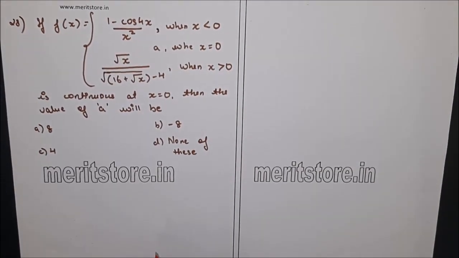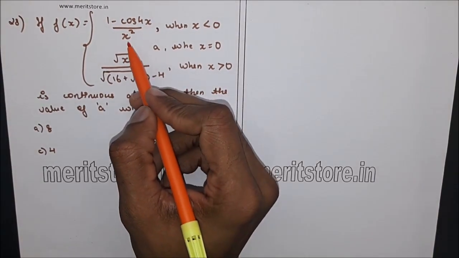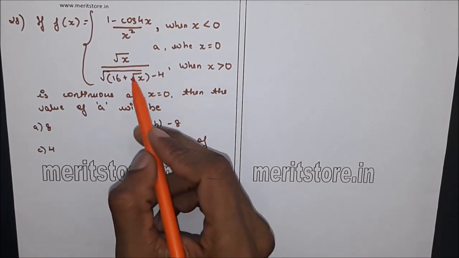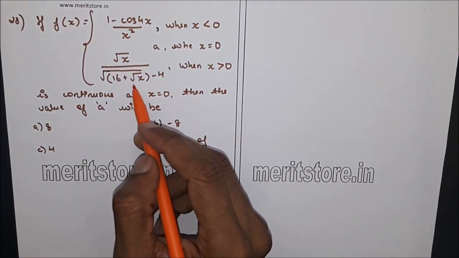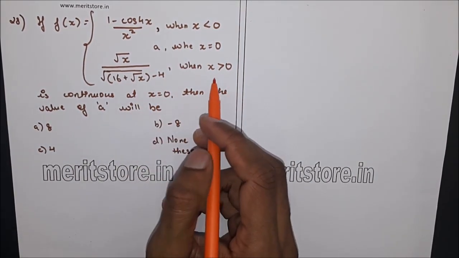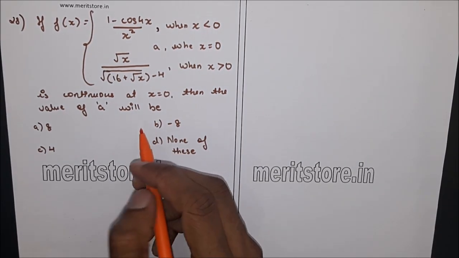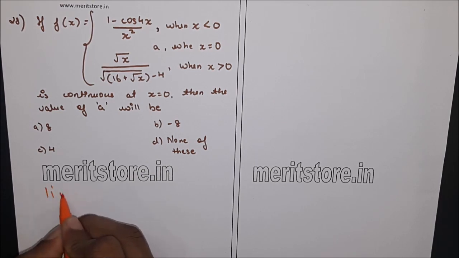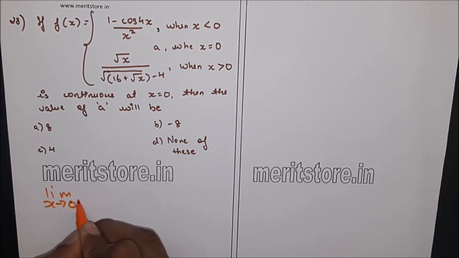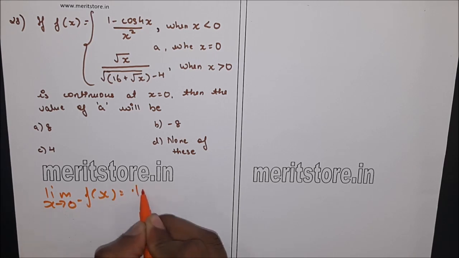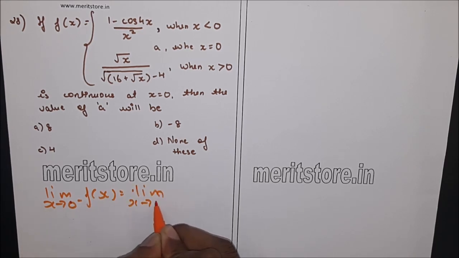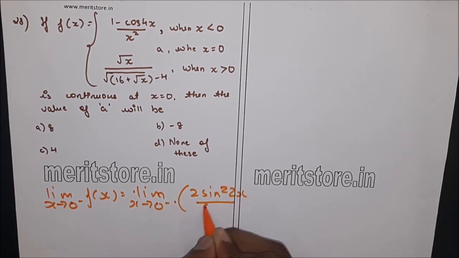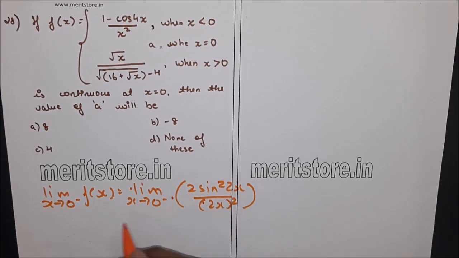Question 28. If f of x is equal to 1 minus cos 4x upon x square when x is less than 0, and a when x is equal to 0, and root x upon root 16 plus root x minus 4 when x is greater than 0, is continuous at x is equal to 0, then the value of a. We take the limit as x approaches 0 from the left hand side of f of x, which is equal to the limit as x approaches 0 from the left hand side of 2 sine square 2x upon 2x the whole square into 4,